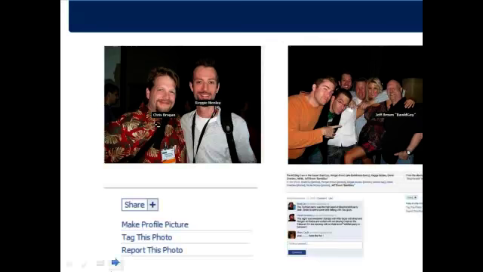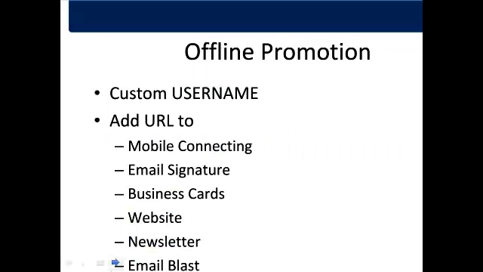You can send cards and things like that, photos. You should promote it offline. You should get a custom username. This is for when you get a Facebook fan page, and you can have your own custom username so that you could put it on your email signature